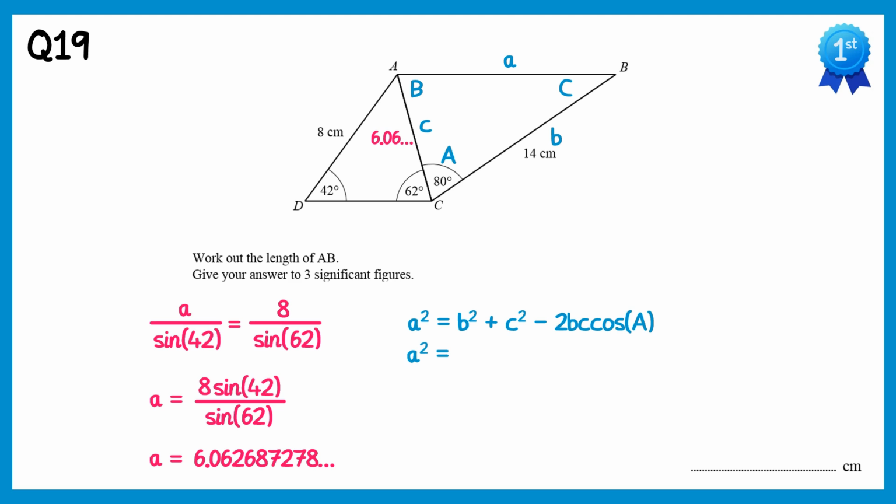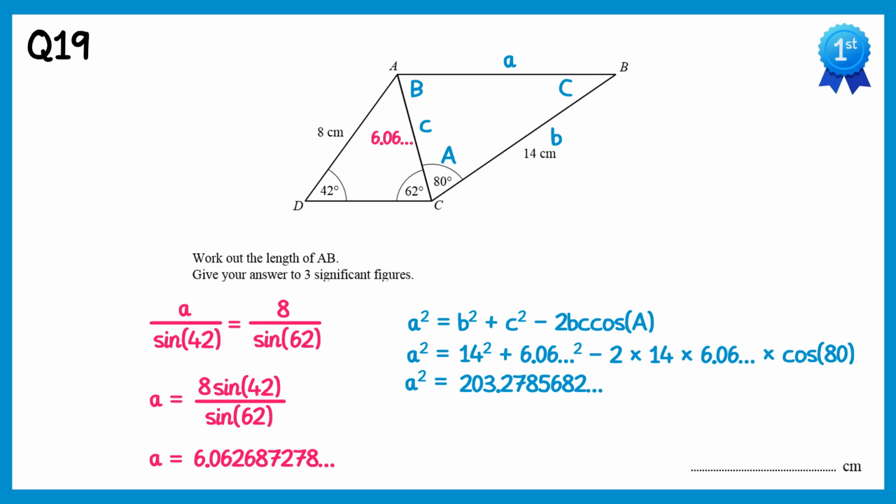So we have a squared equals b squared, which is 14 squared, plus c squared, which is our new number 6.06 and so on squared, take away 2bc, so 2 times 14 times 6.06 and so on, times by cos A, and the angle here is 80, so it's times cos 80. If you type all of this into your calculator, you'll get a squared equals